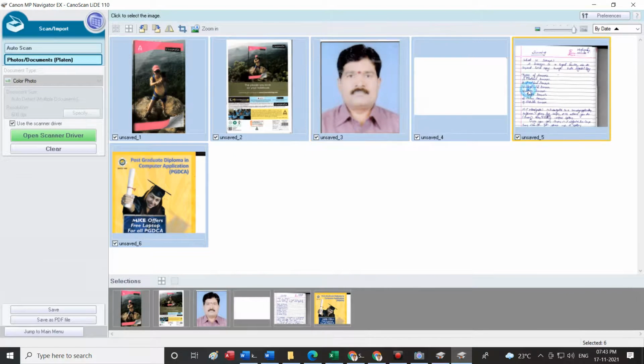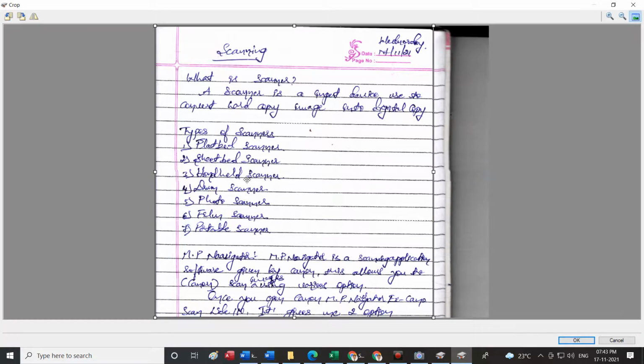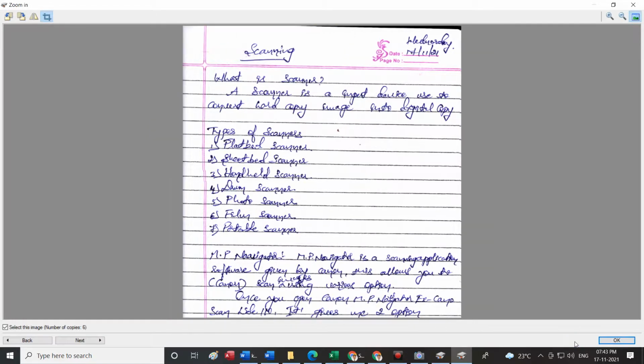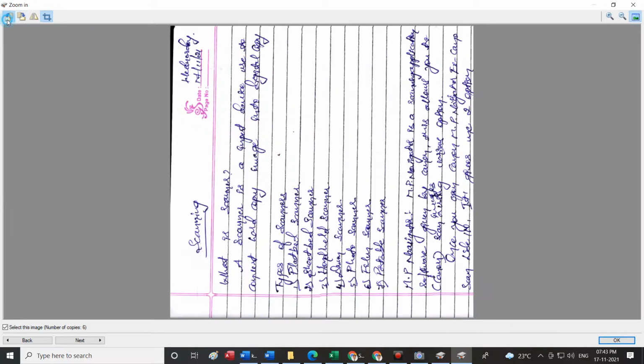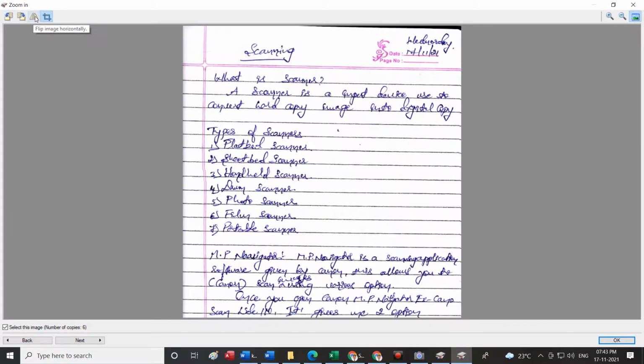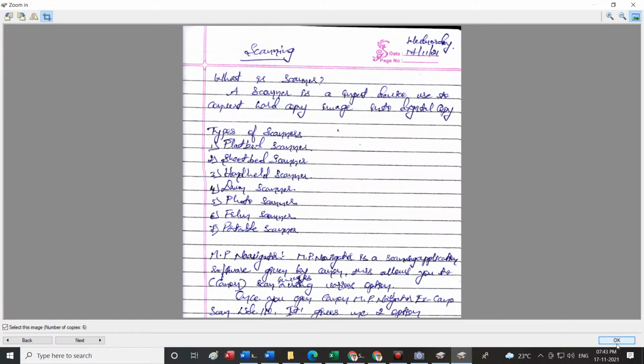Now in this course material, if I had to do some alteration, I'll just open this, double click, and crop off this portion which is not relevant. Then I'll say okay. There is an option to rotate it 90 degrees, left 90, and flip vertical option is there. Sorry, flip horizontal. This option is there. Crop option is there. You can make use of all these options, and then you could say okay.